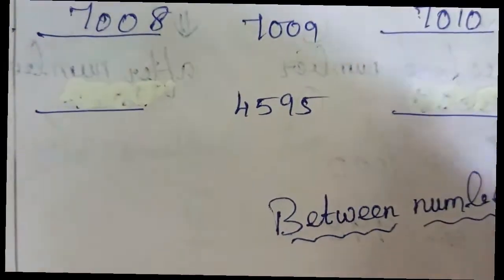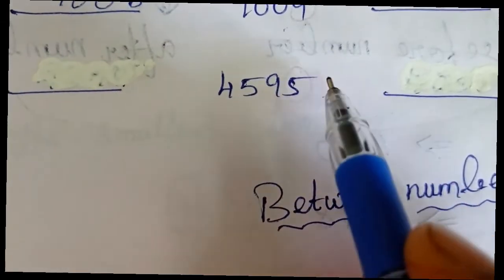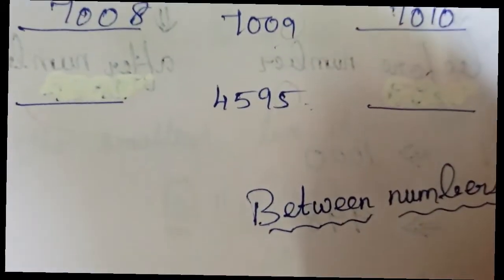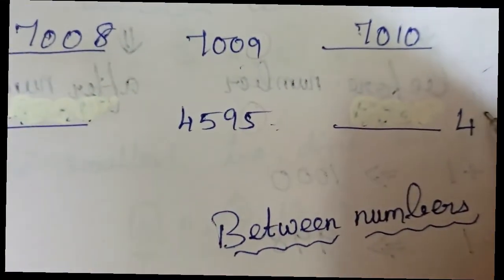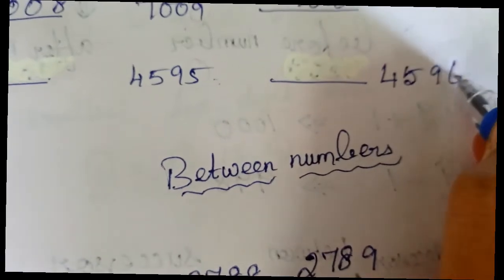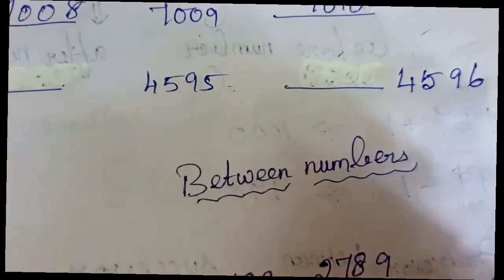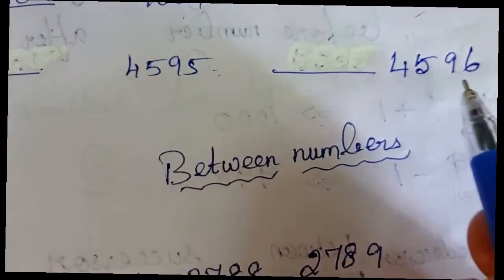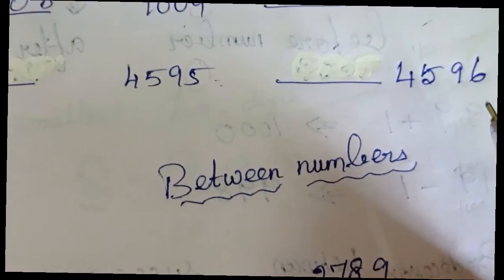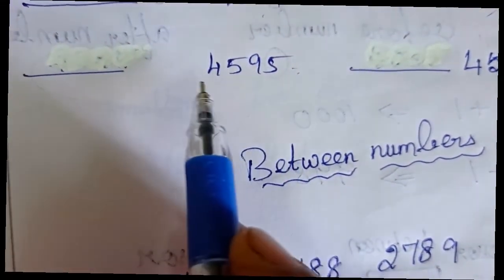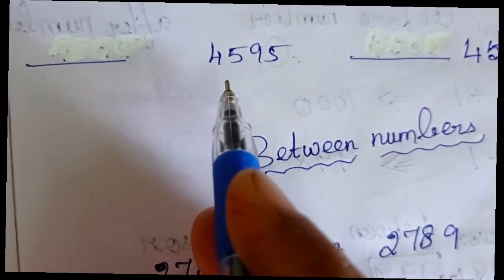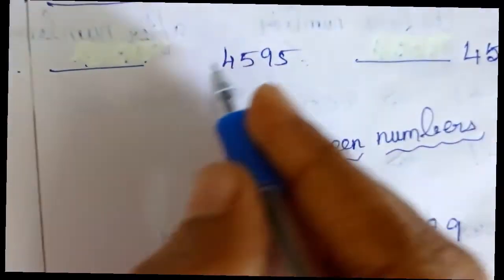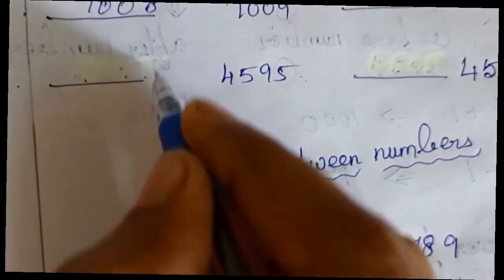Children, the next number is 4595. So how can you find out the successor of this number? Just add 1 to this number. So you can get 4596. So the successor of 4595 is 4596. Then how can you find the predecessor of this number? You can just subtract 1 from this number. So you can get the predecessor of this number, that is